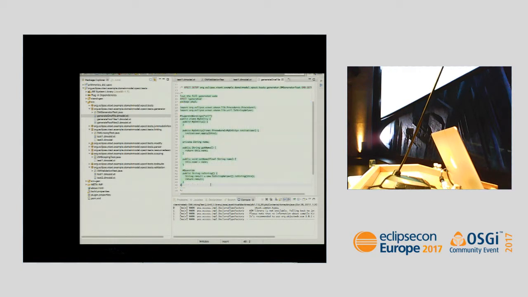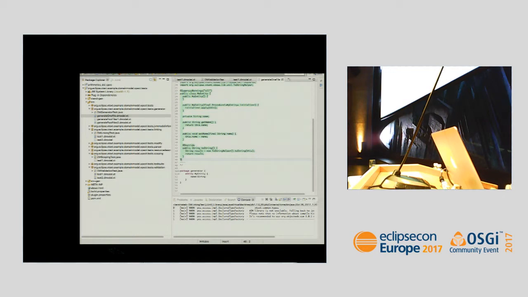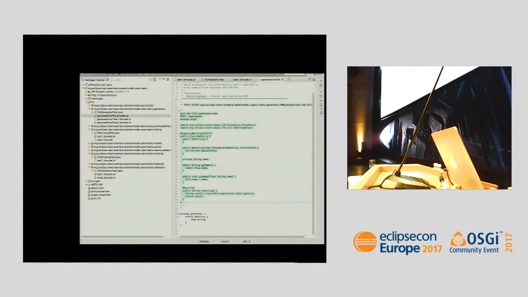However, this also nicely illustrates a risk that comes with Xpect: the risk of making the expectation just too large. If this document were a little bit bigger, the generated code would be much more, and you would end up testing a lot of things that you maybe didn't want to test in this case. I mean, if you look at it, we test that the imports are there, we test that the entity is named correctly, we test that it has a constructor and a second constructor and a toString method and getters and setters and a field, and